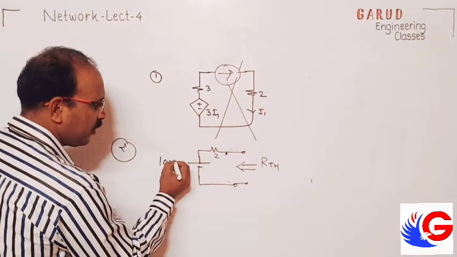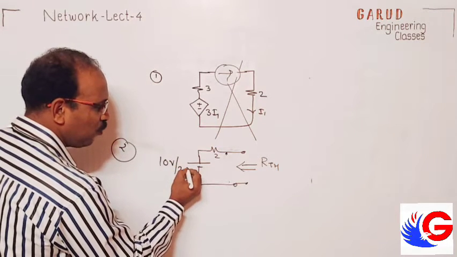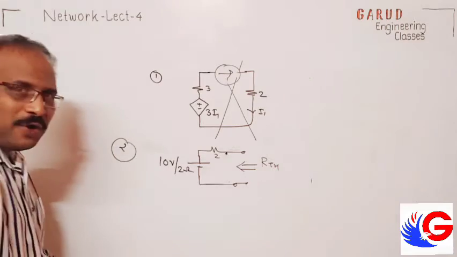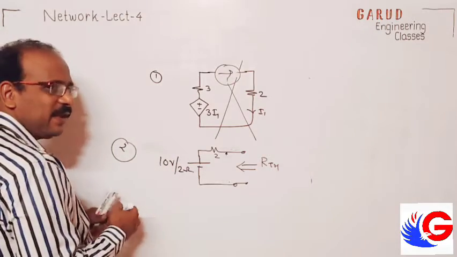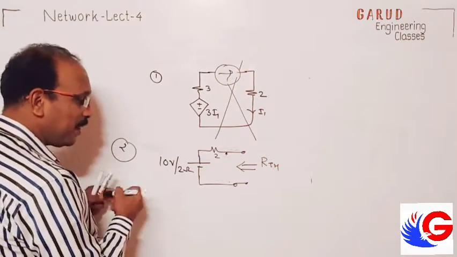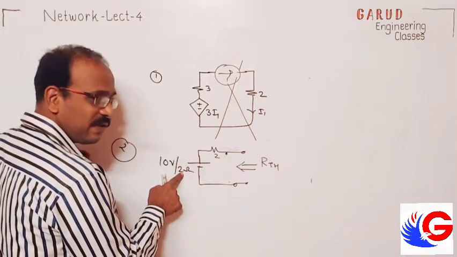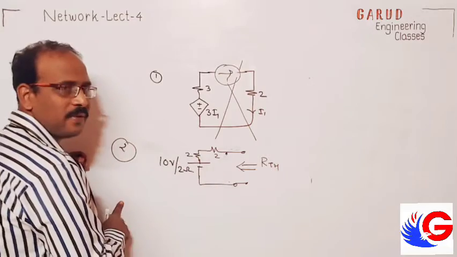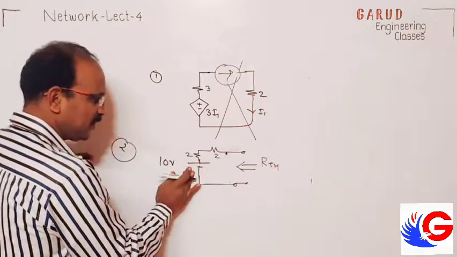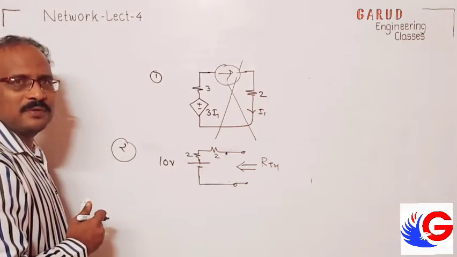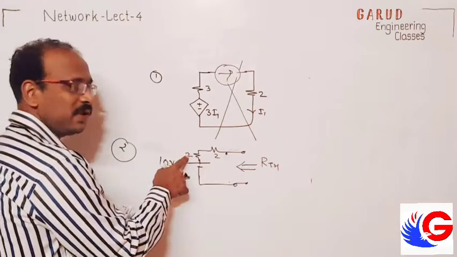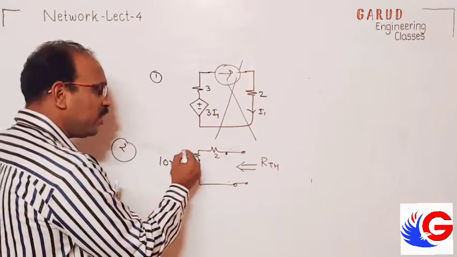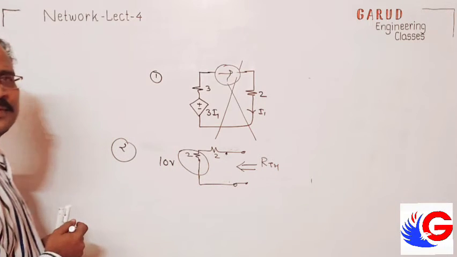Now, suppose sometimes we also get like this, 10 volt slash 2 ohm. So what is this voltage source? I told you in BEE. Simple presentation of this, better, 2 ohm is in series with that. So you present this voltage source with 2 ohm in series. Means the 10 volt is presented with internal resistance.